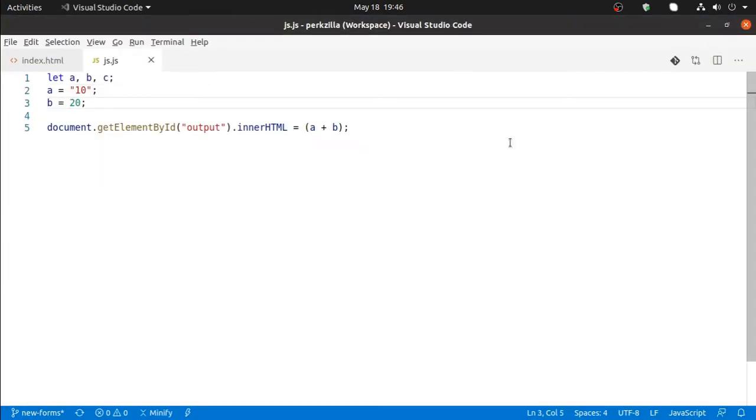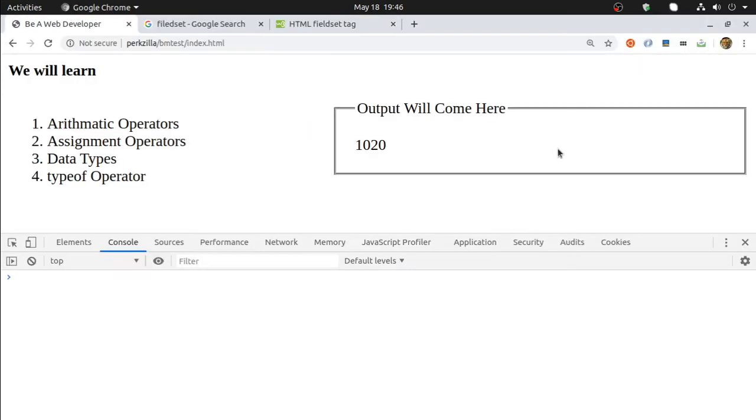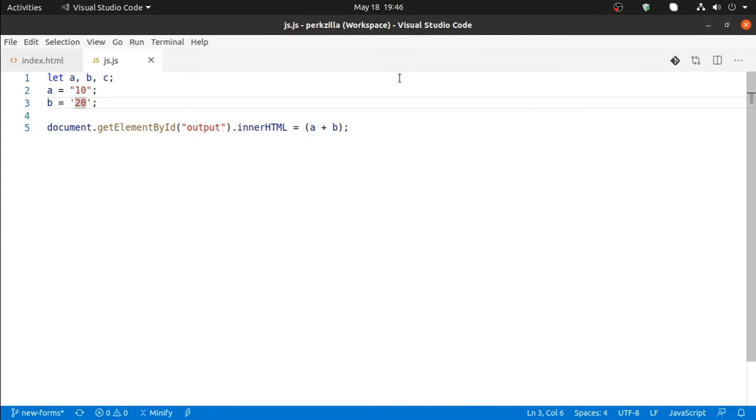So my JavaScript is basically not adding, because strings and numbers cannot be added, but strings and numbers can be concatenated. In this scenario, my string is concatenated with my number, and plus serves as a concatenation operator. If I make my 20 a string as well, watch it now, this time I have taken it in single quotes, but there would not be any difference because both are strings and plus serves as a concatenation operator. So this is how it is done. Alright, so this is one thing.